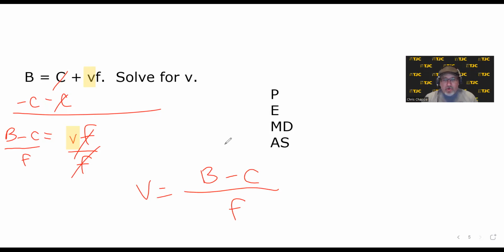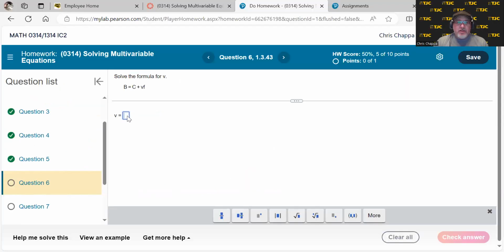Again, I may be making more out of this than necessary. This may be something that some of you could solve without the need for my intervention. But again, in order, we would subtract C from both sides. So the C would get subtracted from the B. Then we would divide both sides by F. In case you're wondering what I did,